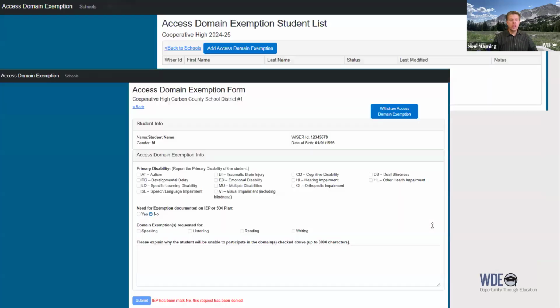And then if we look at these screenshots, again, in the background, we will always start, once you click that submit button, with a list of any domain exemptions that have already been submitted for your district. And if there are none, it doesn't matter. But if you are putting in a particular domain exemption request, you're going to click on the blue Add Access Domain Exemption button, and then this